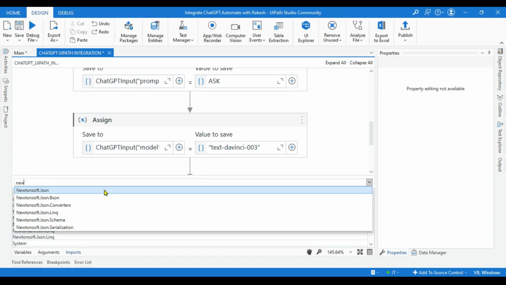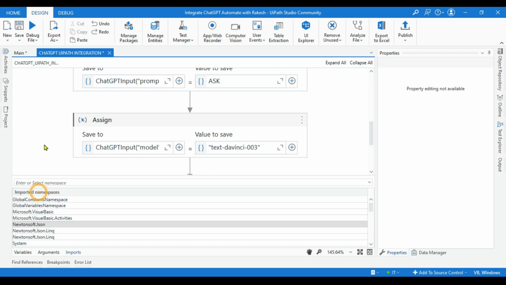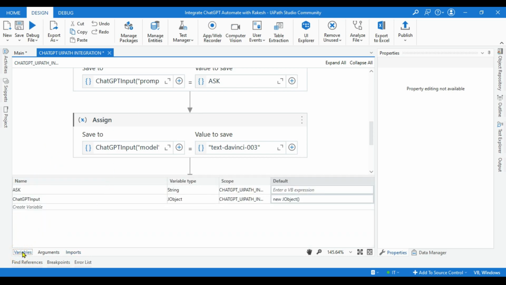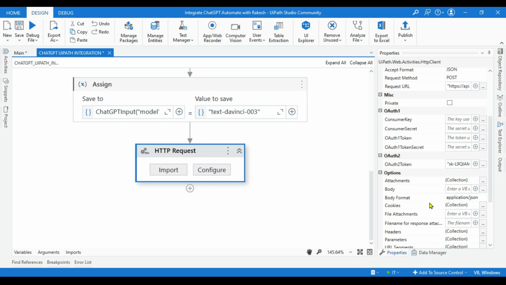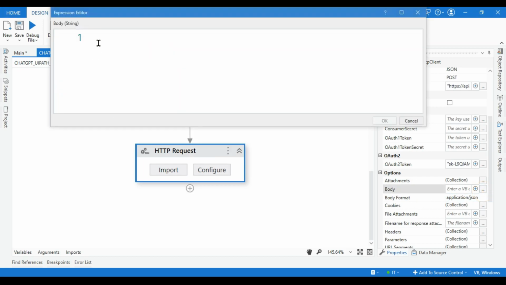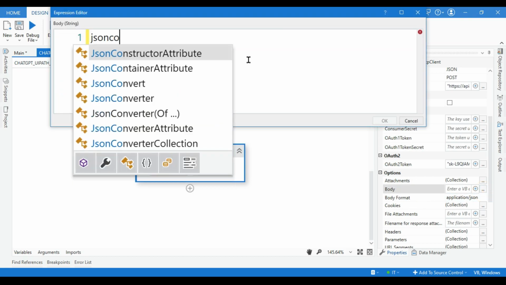You will say newtonsoft.json and click on OK. Just by doing this, you will be able to write the syntax which I'm going to show you. So let's go back. HTTP request, and in the property, go to the body and type JSON convert